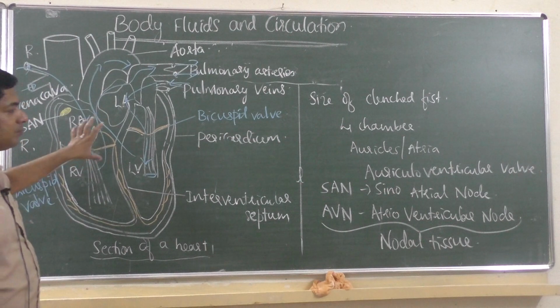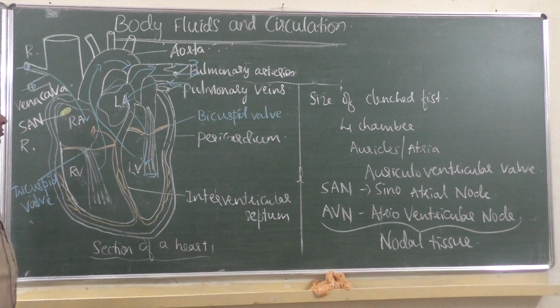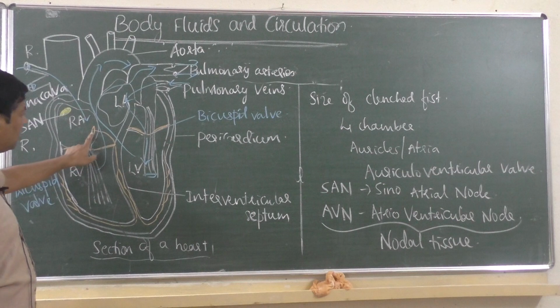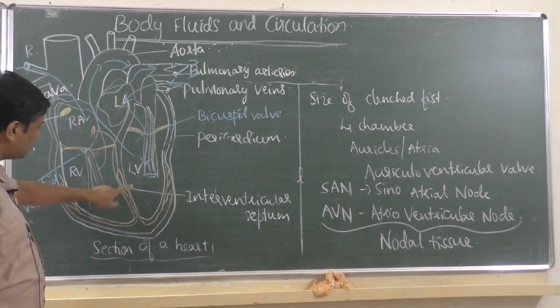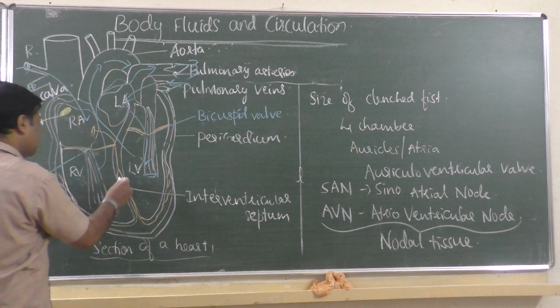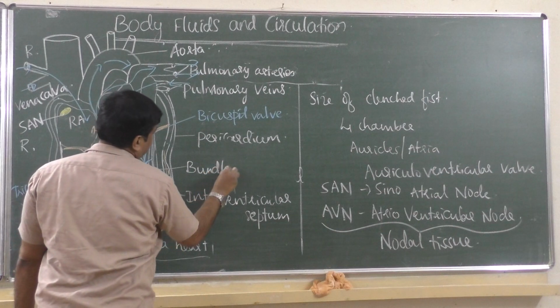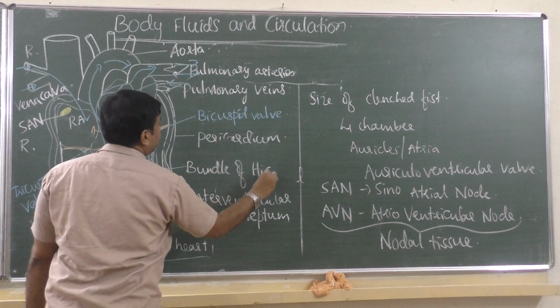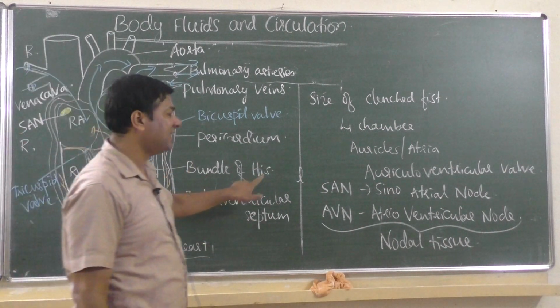Okay, so what is their function we will see now, but before that I have to tell you something more than that. That is, you see that AVN branches. AVN, that is atrioventricular node, produces the fiber. Okay, that fiber branches, you see it branched here, it has divided into two like this. That is called bundle of His. Bundle of His, don't ask whose. It is named like that only, it is called bundle of His.